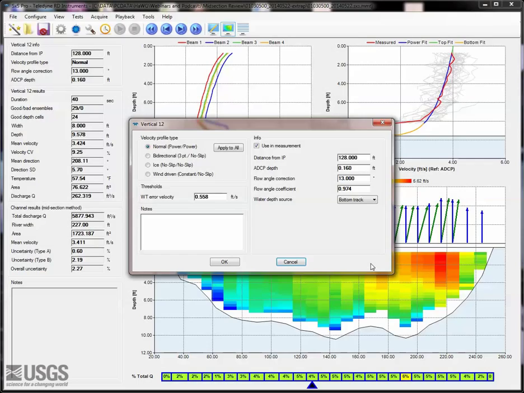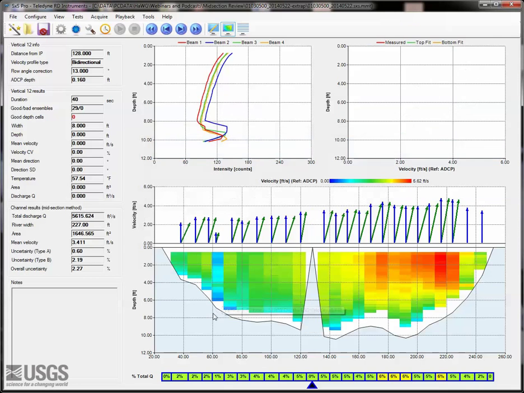The bidirectional method uses a 3-point on the top, fitting a line through the top 3 bins, and a no-slip on the bottom. 3-point is useful in conditions where strong winds cause a severe bend towards zero on the surface. Use of this method should be confirmed with detailed field notes. Note that in version 1.14, the bidirectional method does not work properly and should not be used.